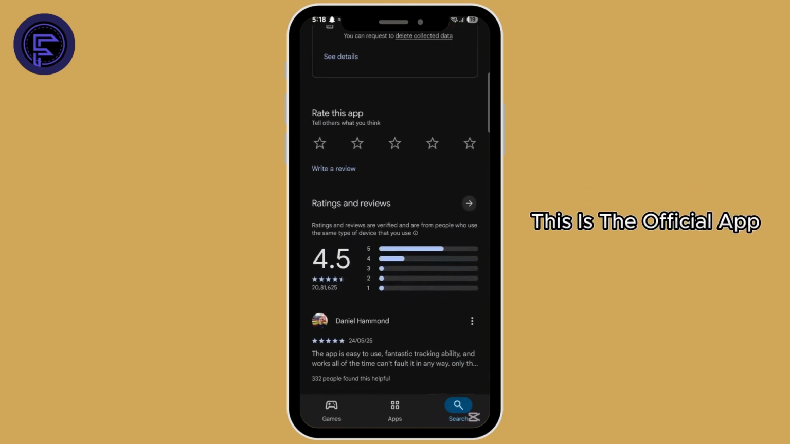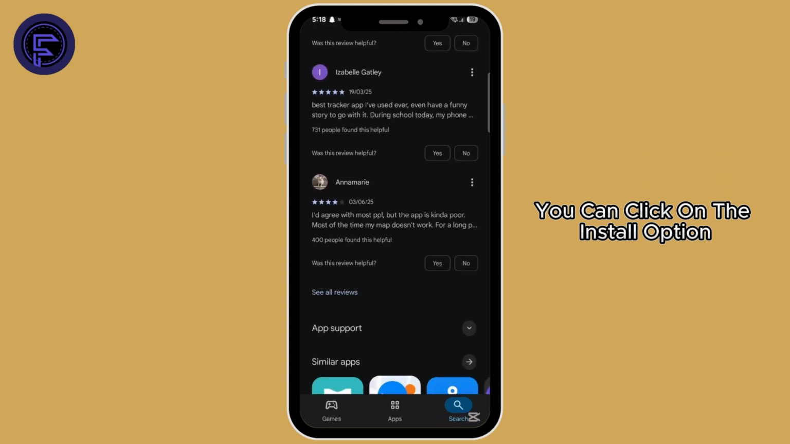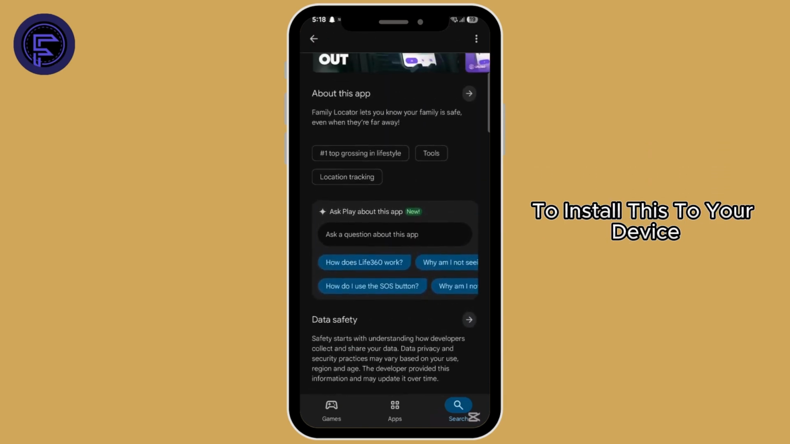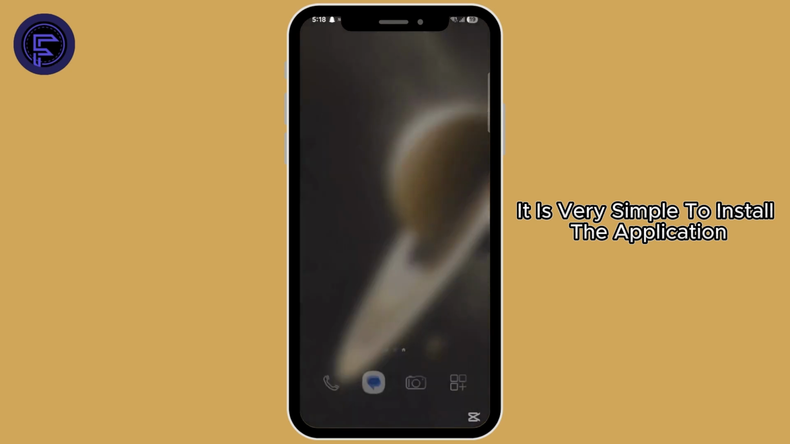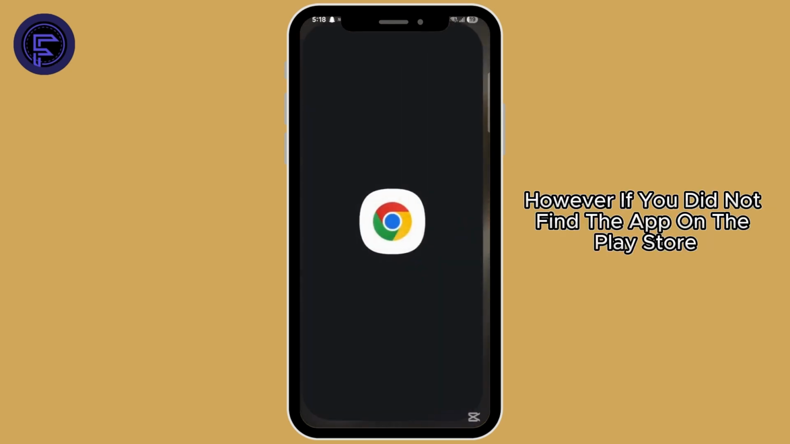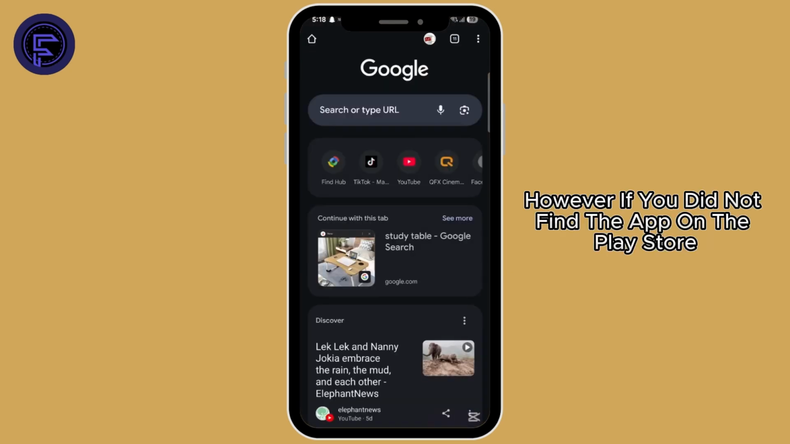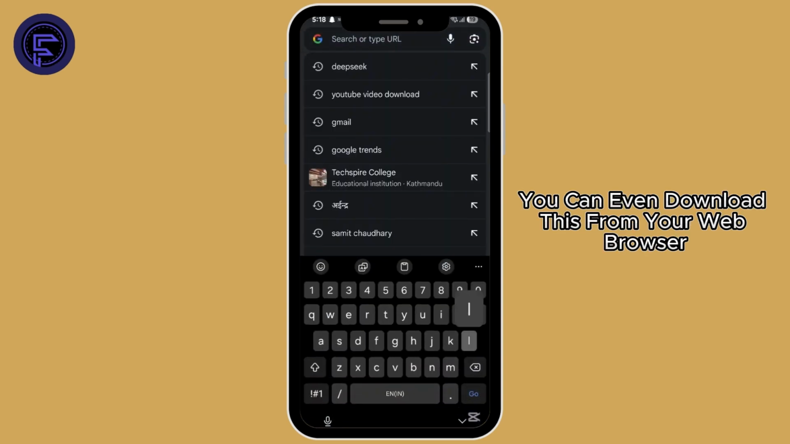This is the official app. You can click on the install option to install this to your device. It is very simple to install the application. However, if you did not find the app on the Play Store or App Store, you can even download this